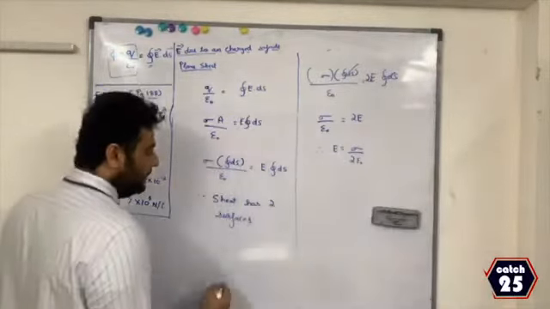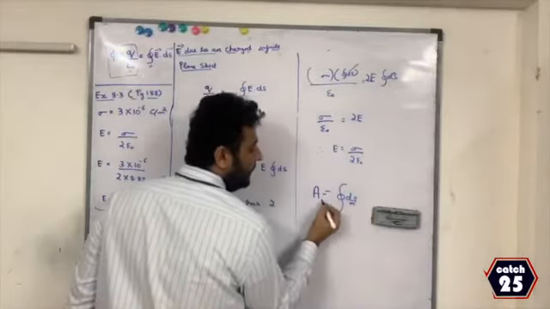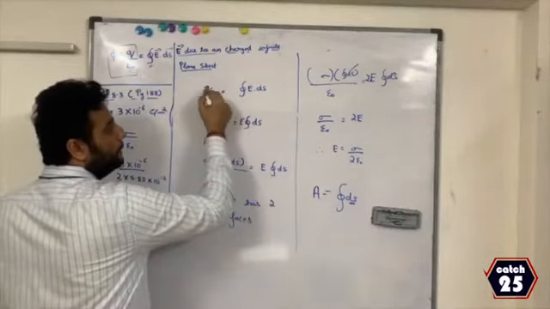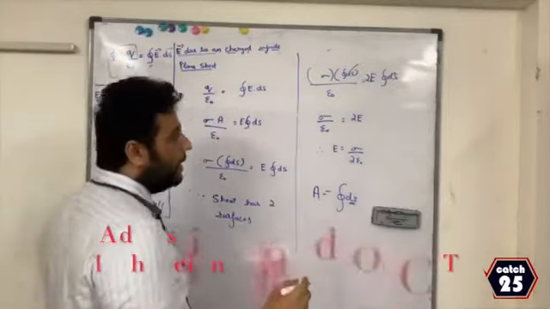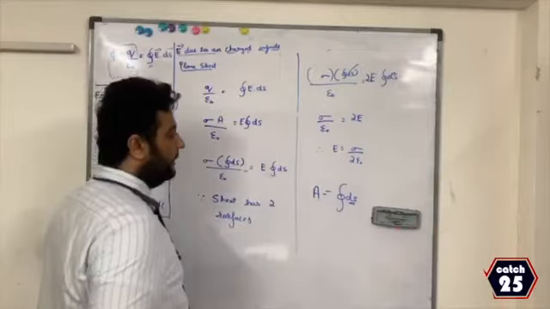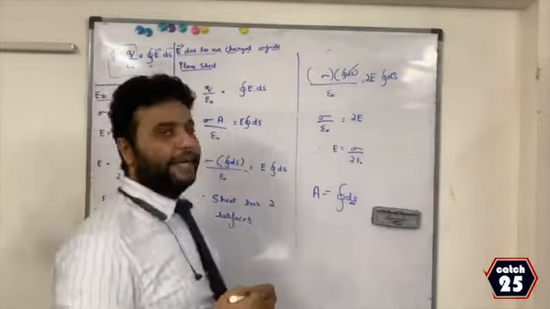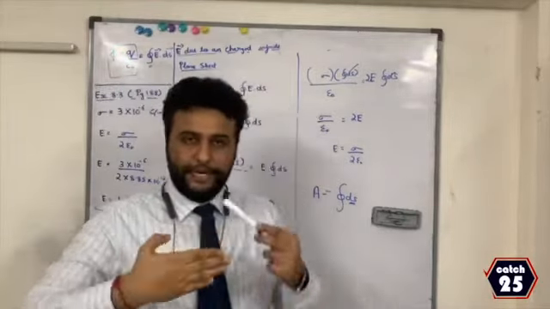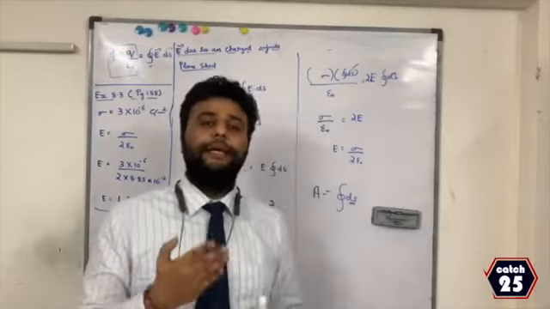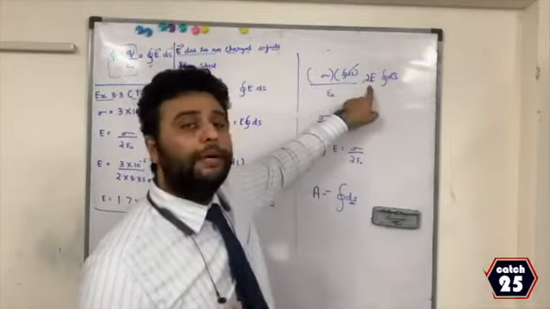In other words, please look here. Area is nothing but integration of all small area will give me total area. Therefore see here, the first step I substituted Q as sigma A. Now I can write area as integration of all the small area. If you look at the right hand side, it does not change. Now since I am taking a plane sheet, now please remember, a sheet has two sides. Therefore I will get two fields, one field on this side, one field on the reverse side. Please remember, a sheet has two sides, therefore two electric fields will be developed.